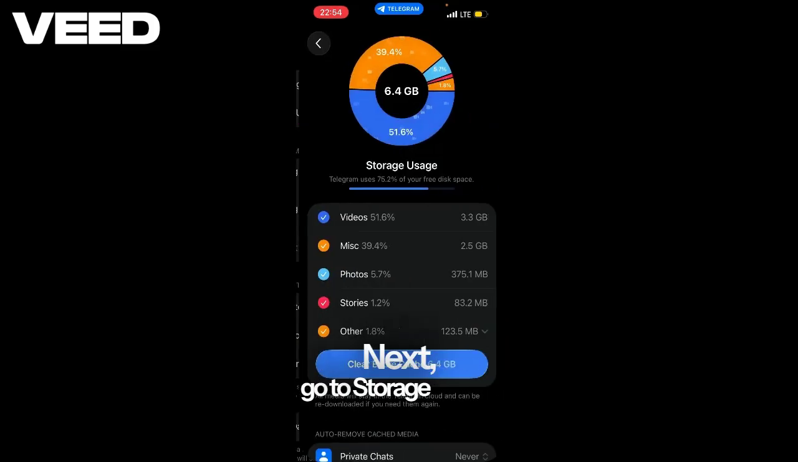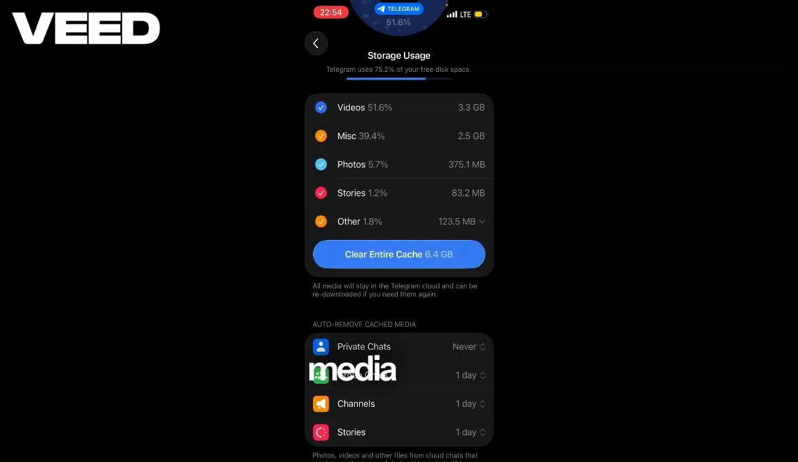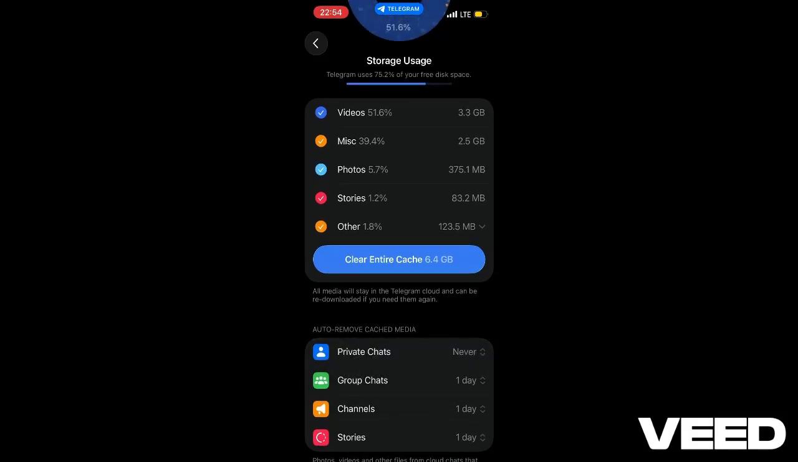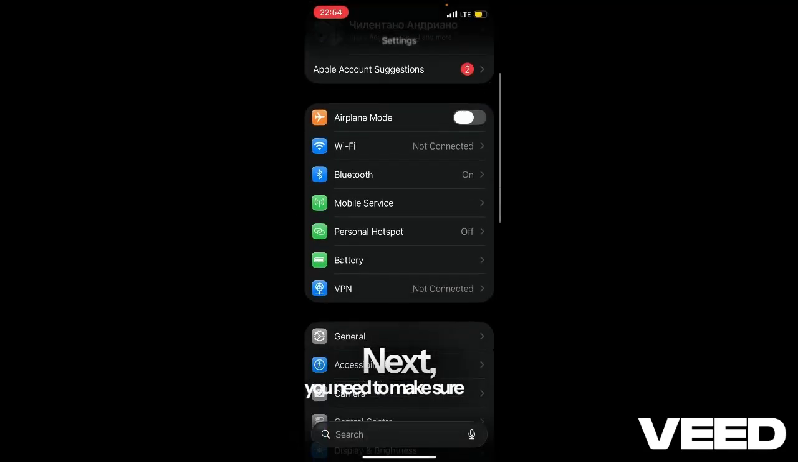Next, go to storage usage and here check what time period you have set for auto deleting media cache. So for me, private chats are set to never. That means there's a chance for recovery. Next, you need to make sure that in